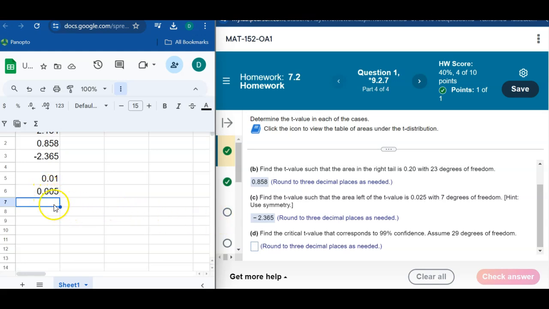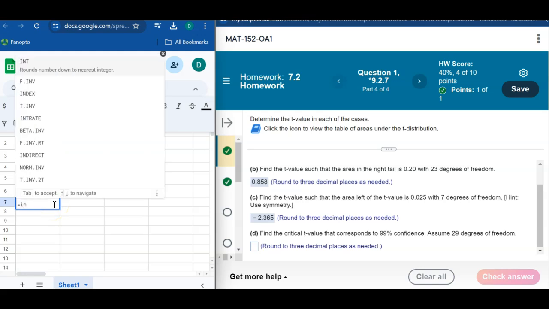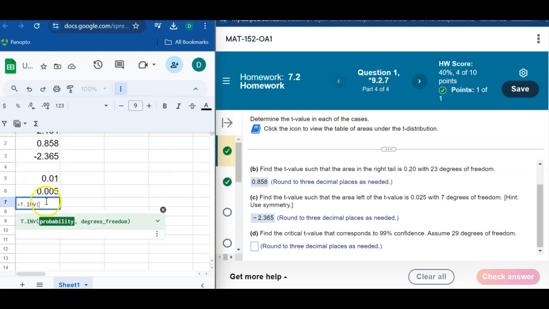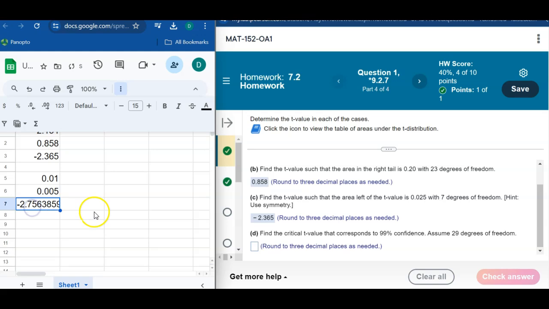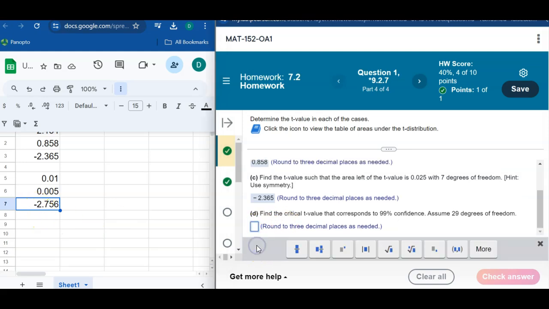That last thing you have to remember here is when you use t.inverse, your probability, if you pick this one, and it's perfectly fine too, if you pick that one, and your degrees of freedom, it says it's 29 degrees of freedom, you just have to remember to take away the negative sign. So it wants me to round it to 3 places. So I'm going to adjust that down to where it only has 3 places after the decimal. But it's wanting the positive version of this. For confidence, you need both. You need the negative and the positive. But when you put it in here, you're only putting one number in, and they want you to use the positive version. So again, just take the